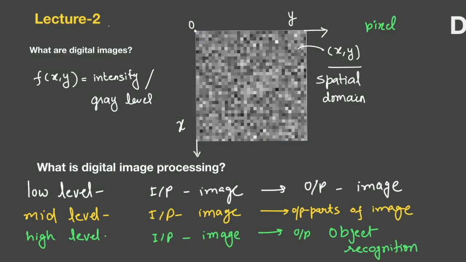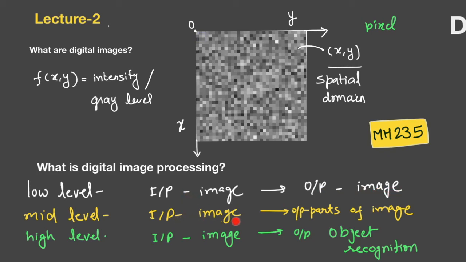In order to understand this low, mid and high level image processing, we can take the example of a number plate. Let's say I have one picture of a number plate, MH235. This is my image of a number plate. Now, if the input is an image from a still of a video, let's say, and you are trying to apply image processing to improve the appearance of the image, then that will go in the low level category.